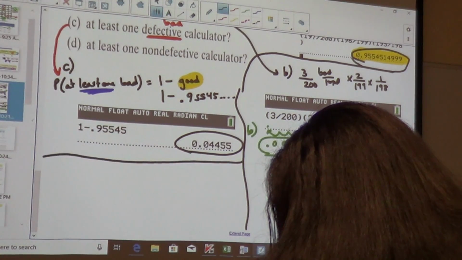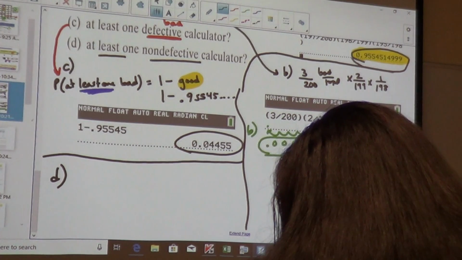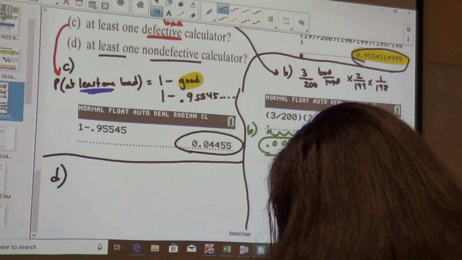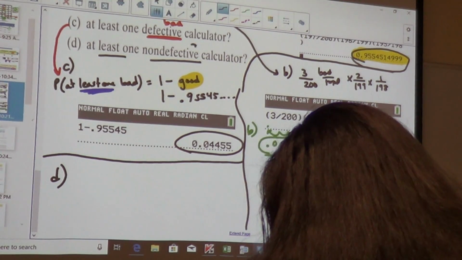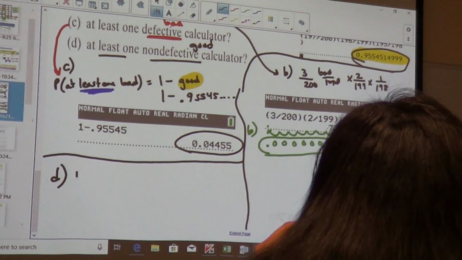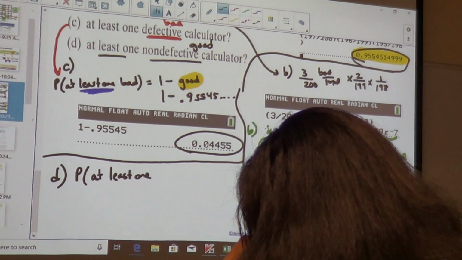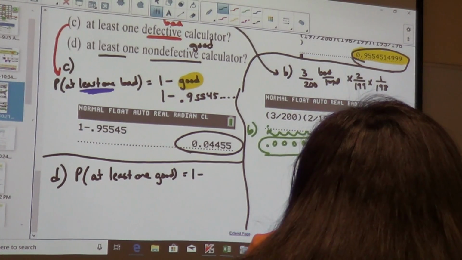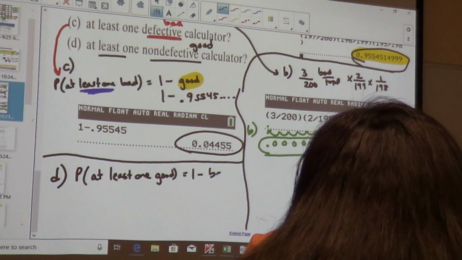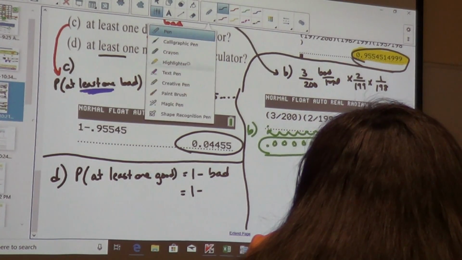Now, for part D, it says at least one non-defective. So if it's non-defective, what does that mean? Non-defective means it's good. So we're doing the probability of at least one good. That means it's going to be 1 minus the bad. So we're going to do 1 minus